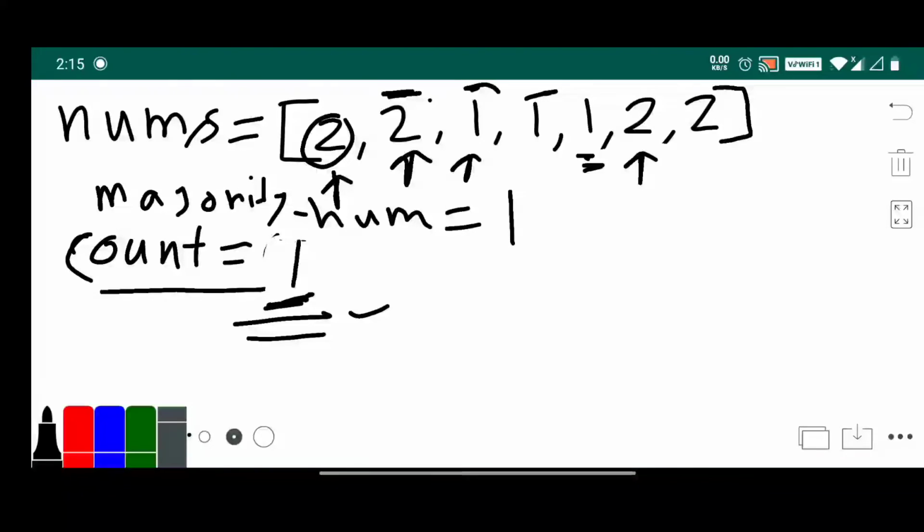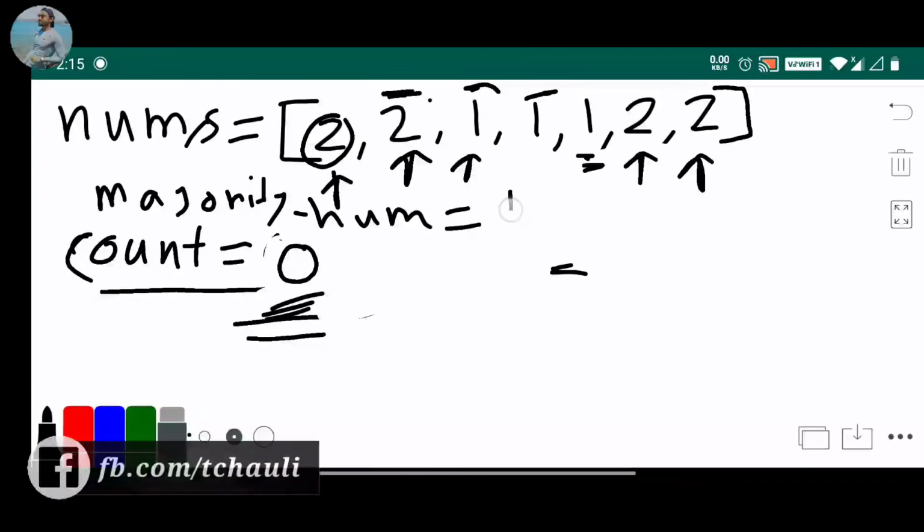So we check if majority num equals the current element. That is also not, so we decrement the count value. Now again our count value is 0. Then we move to the next element of this nums array. We check if count equals 0. Yes, count equals 0.